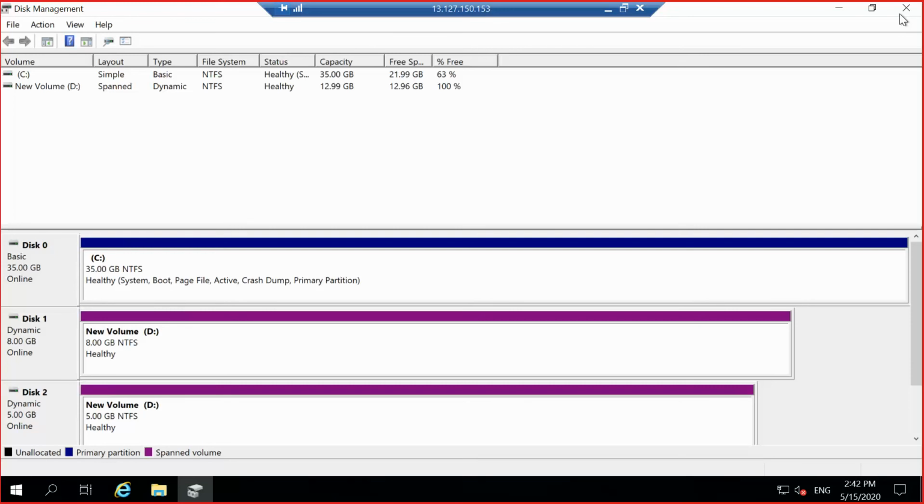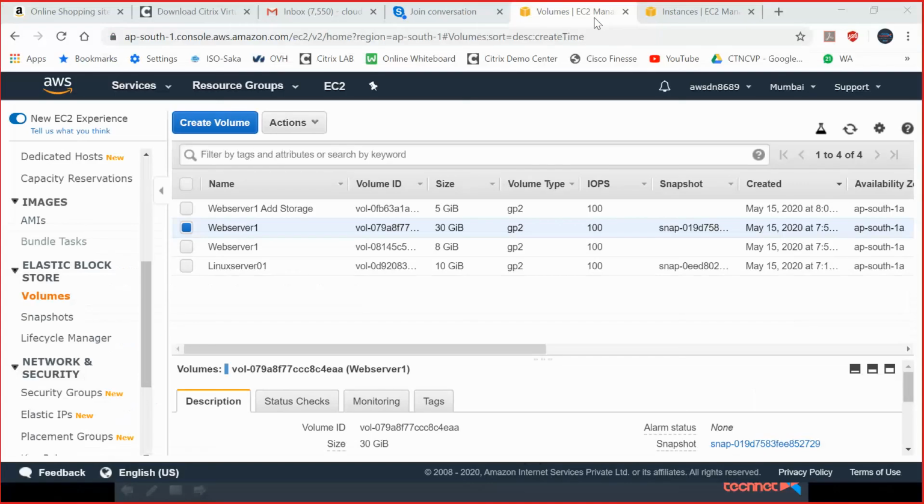That's called a spanned disk. If we want to increase the D drive, it's the same process as what was done for C. You can increase whichever volume you want: select it, go to Actions, Modify, increase it. Same steps, no changes at all.